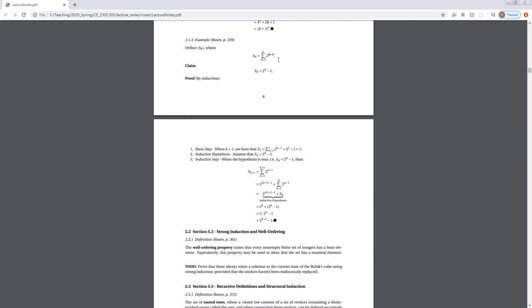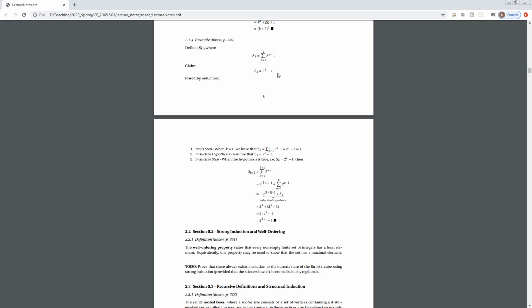So now this is the sum that we're looking at, and we claim that this sum will always equal our subindex here. If we're summing over the first k powers, beginning with 2 to the 0, that sum will equal 2 to the k